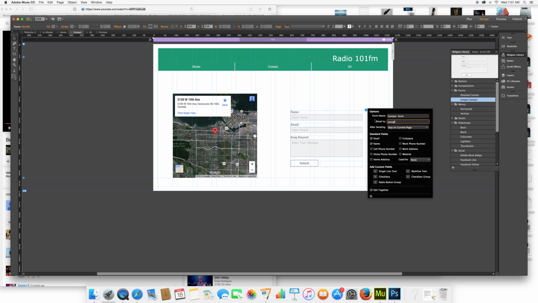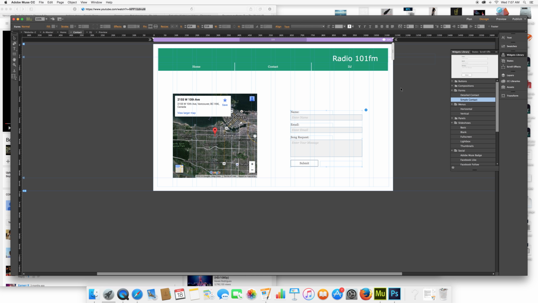So it would get sent to my school email. And then anytime someone filled the form out, it would come to me here. Very cool. So those are some widgets that you can work with. Feel free to explore this. And also, if you Google Adobe widgets, there's a plethora of additional widgets you could